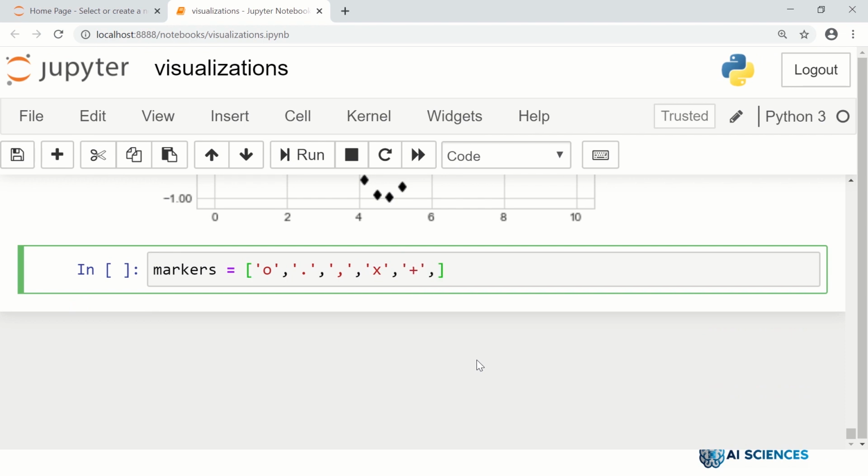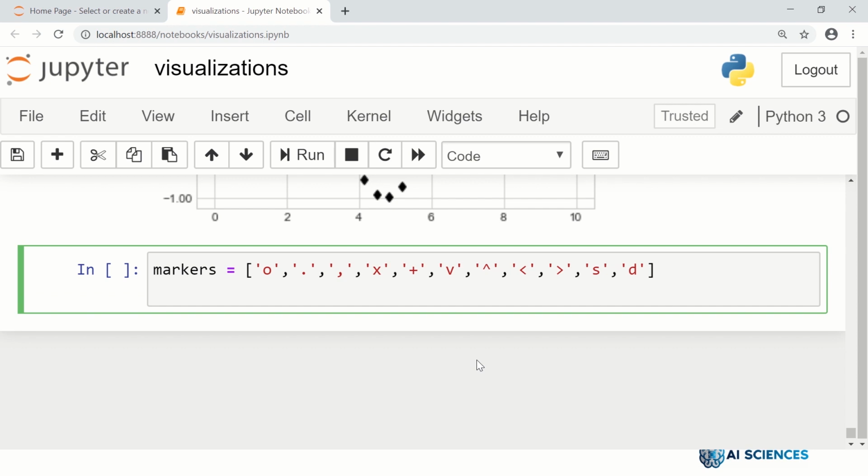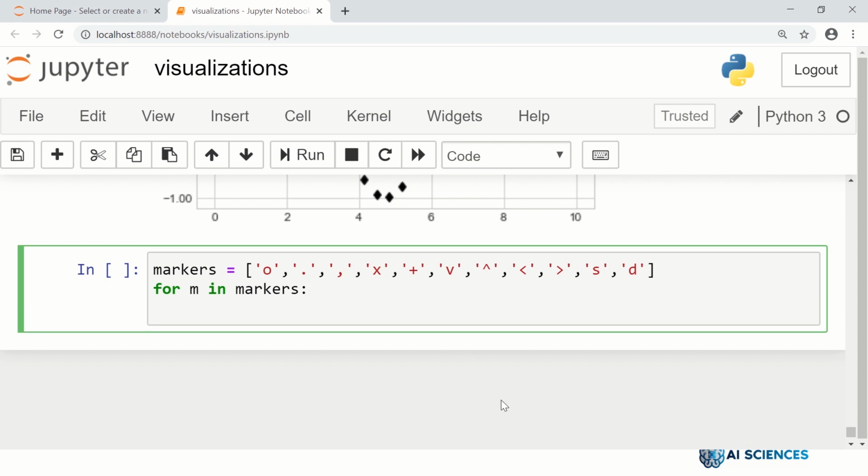Then we have this plus, that's a marker. Then we have this V, that's a marker. This is sometimes used as a power symbol, that's a marker. We can have another marker, for example, this kind of triangle, and a marker like this kind of triangle. We have squares. We have diamonds. So let's have these markers available. And what we really do is, for m in markers,